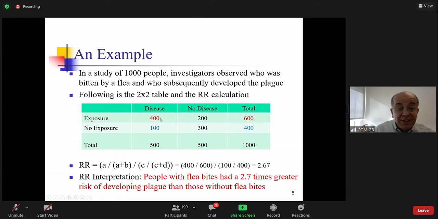So 400 people, the red, this one in the A, 400 people, they were exposed, they were bitten by a flea and then got the disease. Compared to 300 persons who were not exposed and have no disease. So this is really the extreme. No exposure, no disease. That's what you expect. Exposure, disease. But what is this? This is no exposure and disease. That's what you did not expect. Wait a minute, no exposure and disease? This person was not bitten by any flea, nothing, but still got the disease, 100. The opposite is